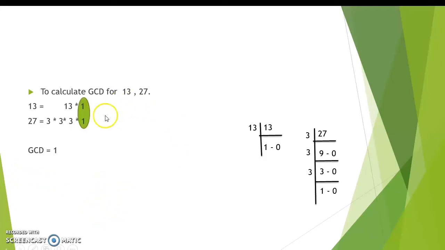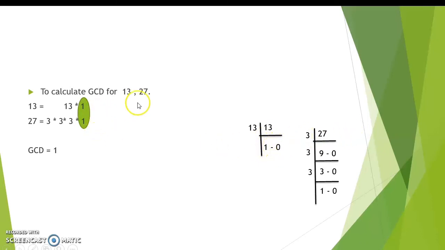See the algorithm in your book. The input given in your book is 13, 27. We are going to find the GCD of these numbers. 13 is a prime number. We know a prime number has only 2 factors, that is the number itself and 1. So 13 can be divided only by 13. 13 divided by 13 we get 1 as quotient and the remainder is 0.